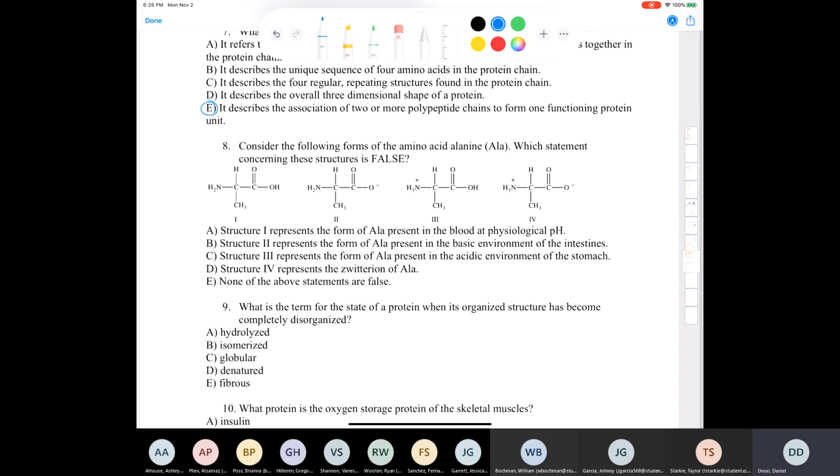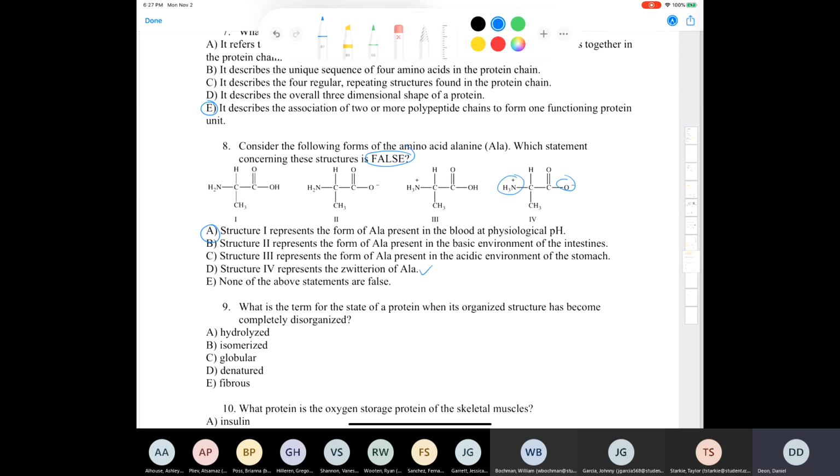So remember, we're looking for a false statement. D says structure 4 represents the zwitterion. This is correct, right? This is a zwitterion. What else do I have here? I got E, none of the above statements are false. Well, let me help you out with this one. If you watched my videos, hopefully you would have seen that, in fact, the one that is false